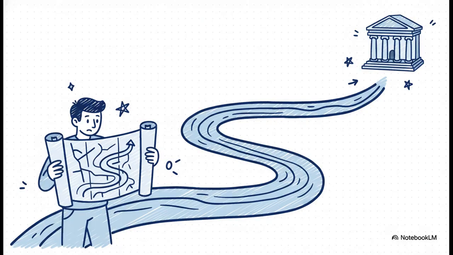Now, something that trips a lot of people up is the legal side. You hear about laws like the Americans with Disabilities Act, or ADA, and then you hear about WCAG. How do they connect? Well, this slide nails it. Just think of it like this. The law, the ADA, tells you the destination. You must provide equal access. WCAG is the map. It gives you the clear, turn-by-turn directions on exactly how to get there.